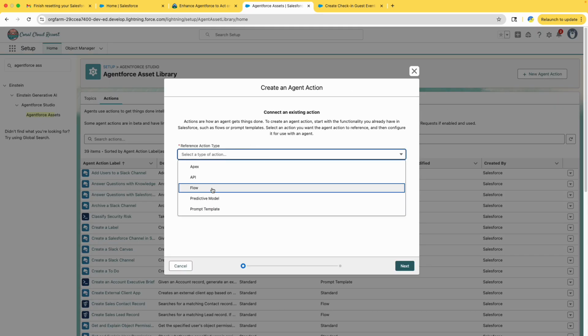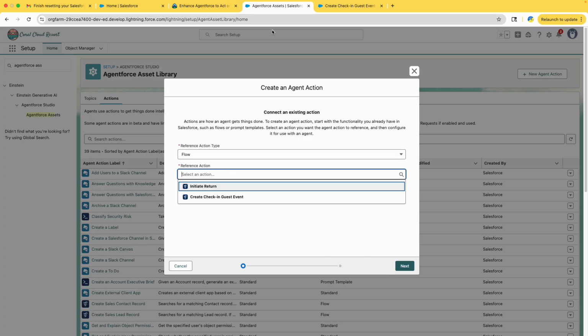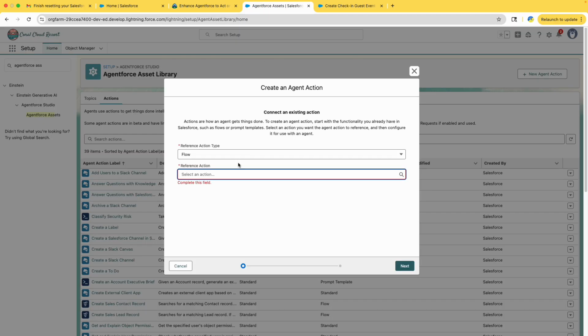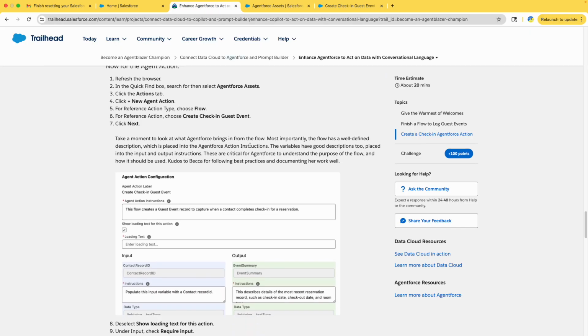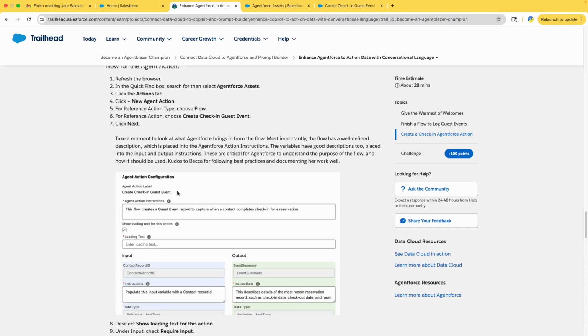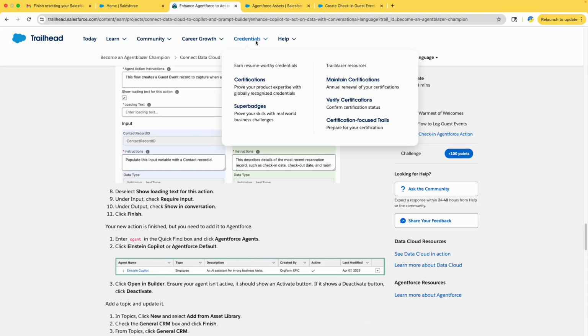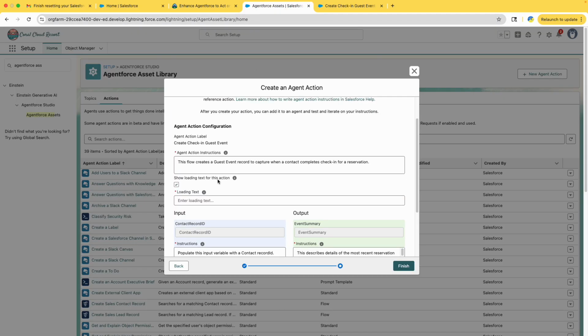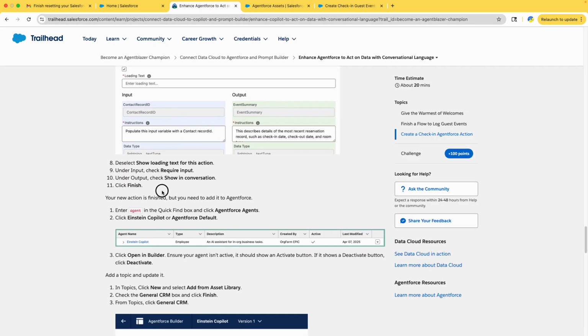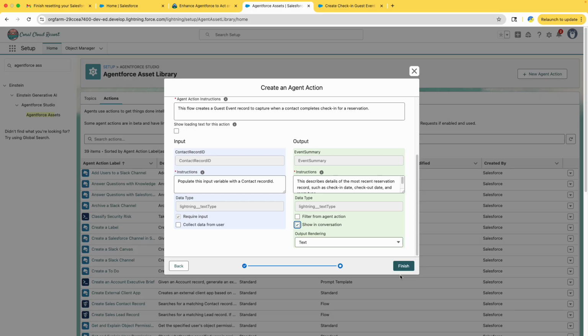We have different types here. Click on flow, then referenced action, which is what they were asking. For reference action, choose create check-in guest event. So create this one, click on next. We have seen this in our previous step. All right, so take a moment to read everything. So deselect loading text, this we have already done. Then required output, show in conversation, that's what probably they are asking us to do. Yes, the same steps. Click on finish,